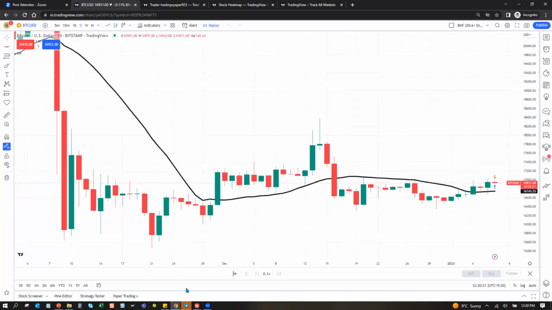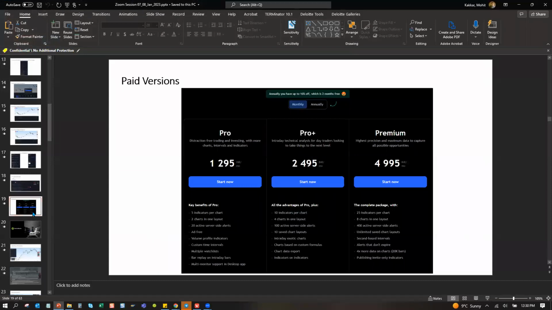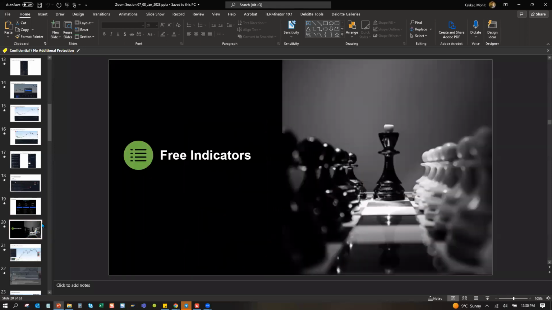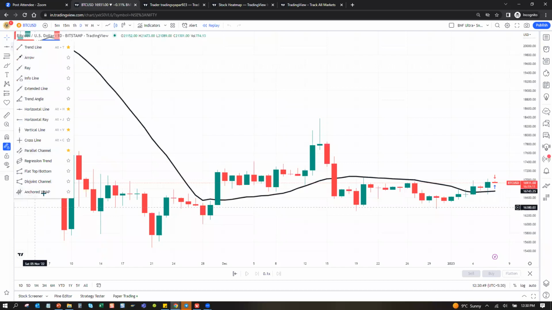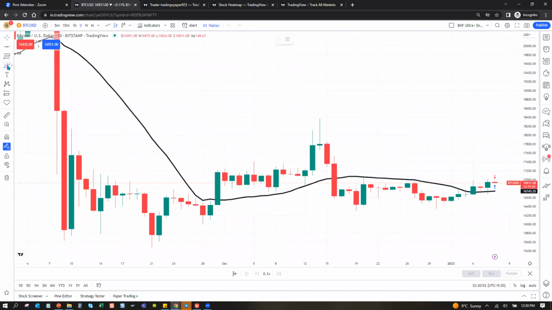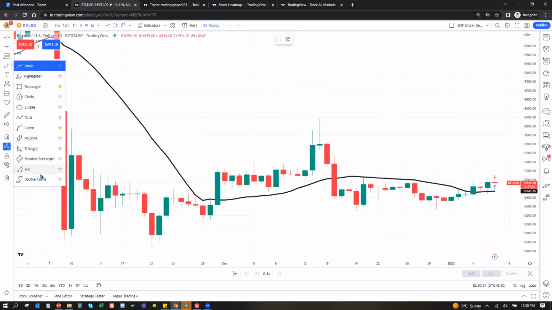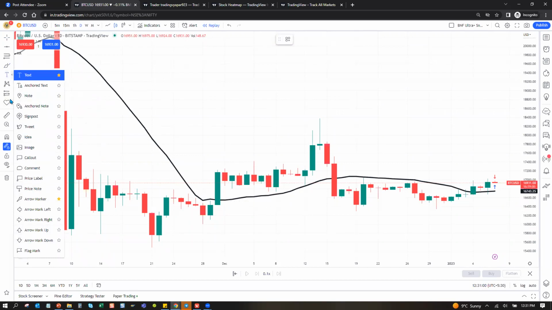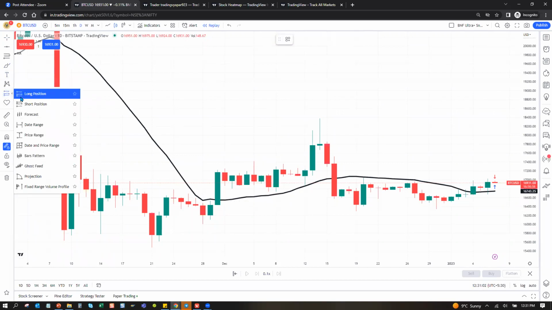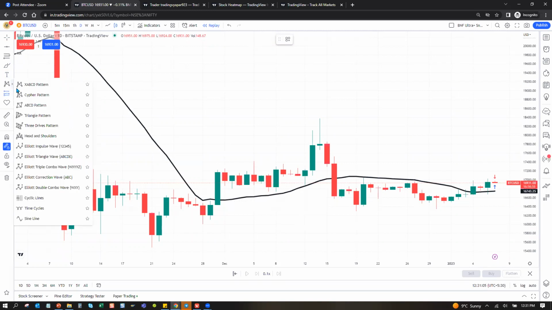Any questions on this one? Because now we kind of finish the section of basics of TradingView and we will jump into the free indicator section. Before I do that, I'll just tell that all the drawings that you want to do, vertical line, regression lines, anchored VWAP, you want to draw a rectangle, circle, you want to put some text, you want to do arrows, you want to do Fibonacci, you want to do this ABC, CD, Elliott waves.